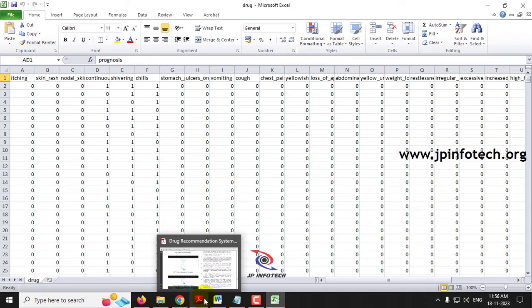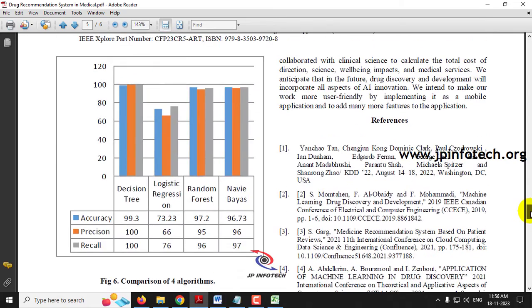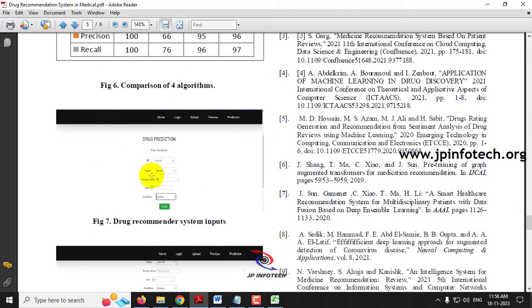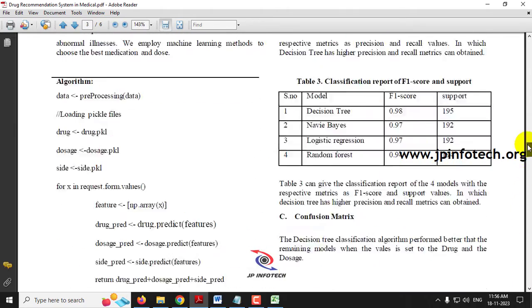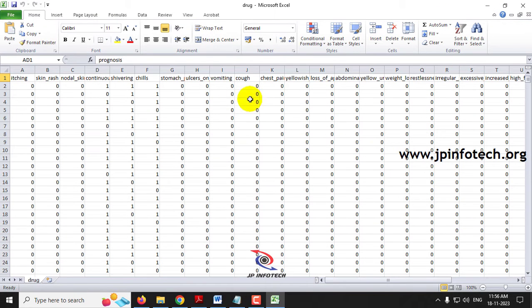Here we are not going to use only one disease. If it is one or two diseases, you can use features like BP, sugar and temperature only, but here we are going to use multiple. It is going to predict multiple diseases and recommend multiple drugs based on them, so it is going to consider various features.